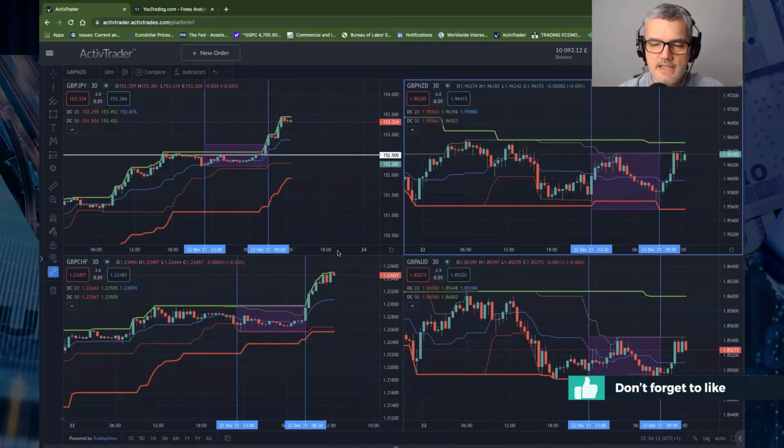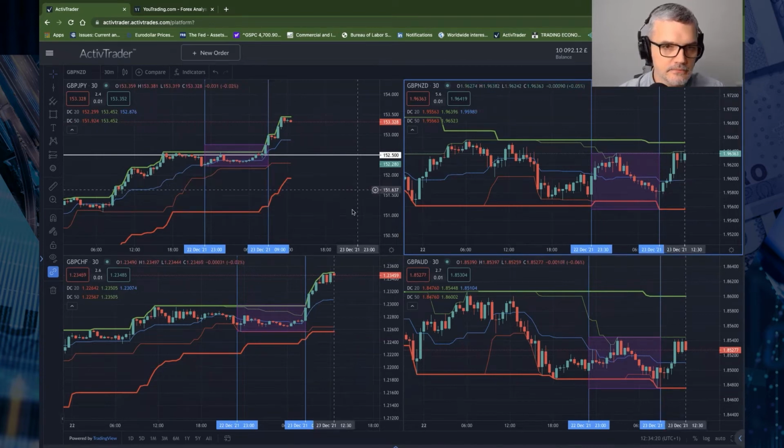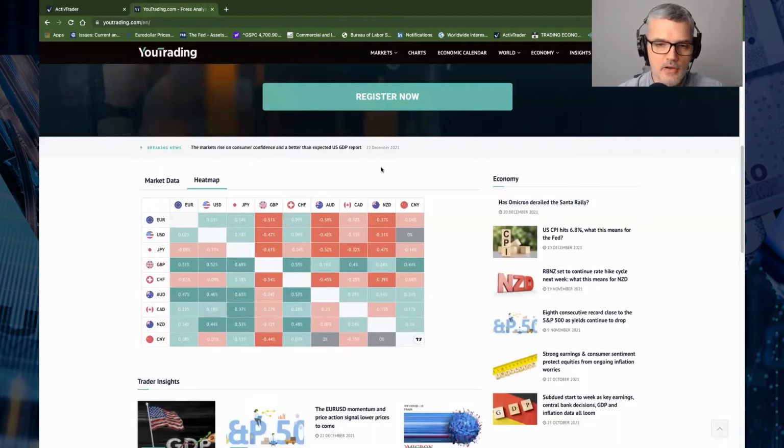Okay, the first thing I want to discuss is what a London breakout is. It basically refers to the period of time which is the start of the London session, and it's a breakout trading strategy. Now, before we get into the actual strategy, we need to check out the YouTrading.com Forex heat map,